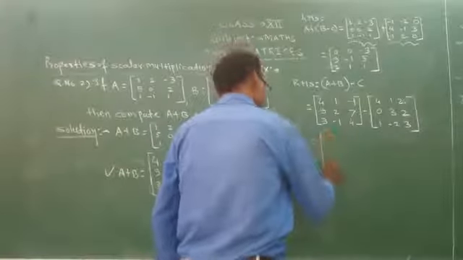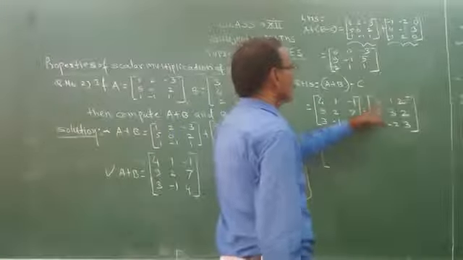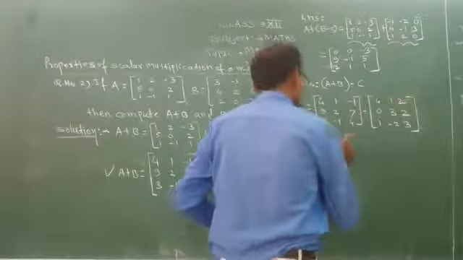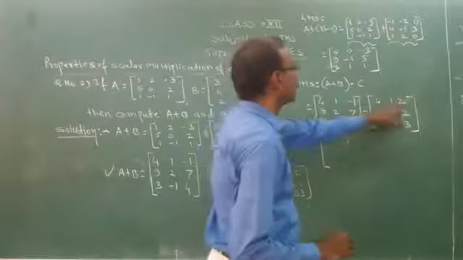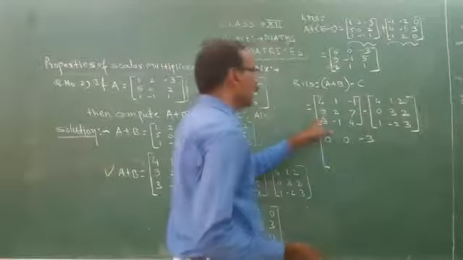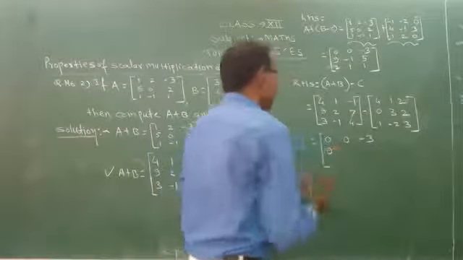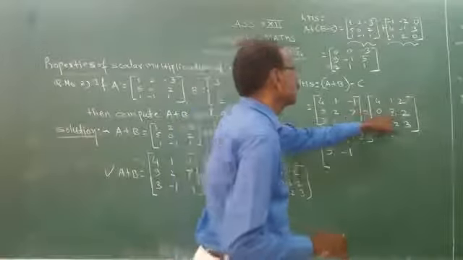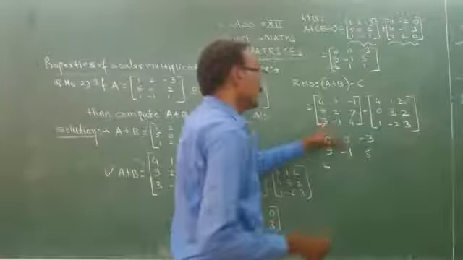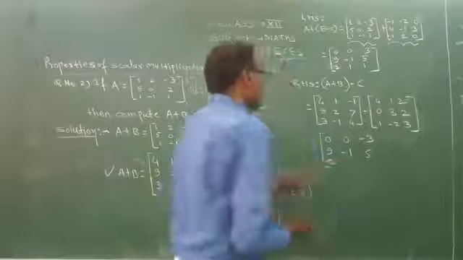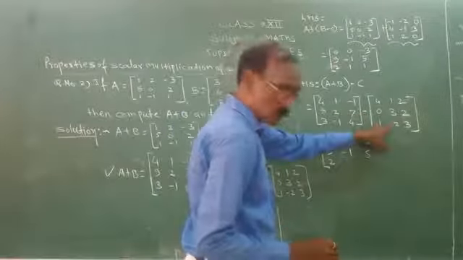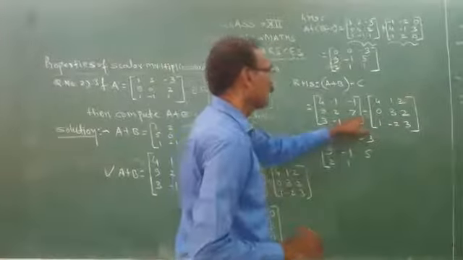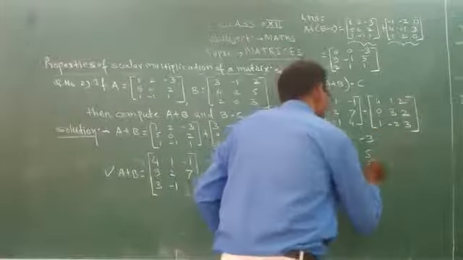So that is equal to 4 minus 4, that is 0. 1 minus 1, it is also 0. Minus 1 minus minus 2, that is minus 3. 9 minus 0, that is 9. 2 minus 3, that is minus 1. 7 minus 2, that is 5. 3 minus 1, that is 2. Minus 1 minus minus 2, that is minus 1 plus 2, that is 1. Then 4 minus 3, that is 1.